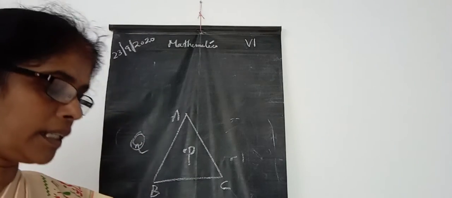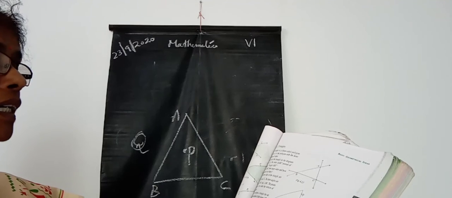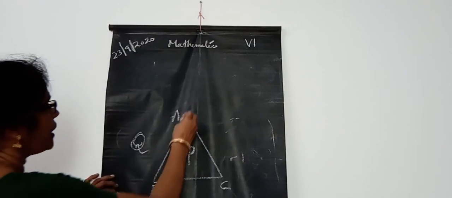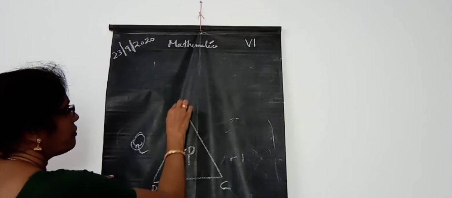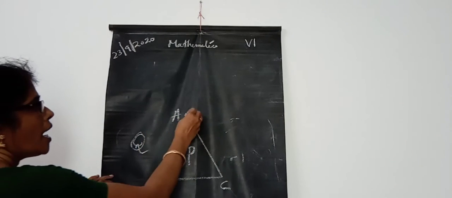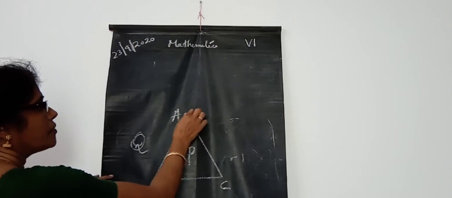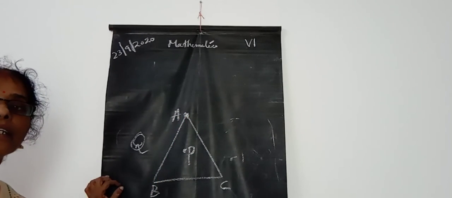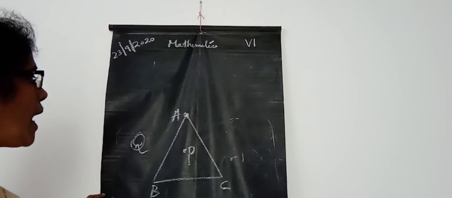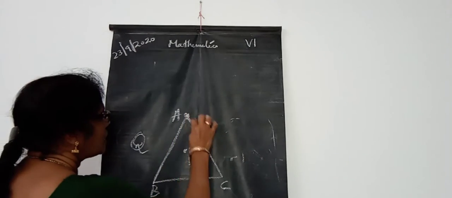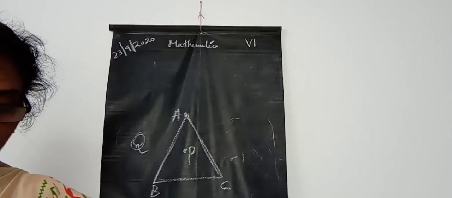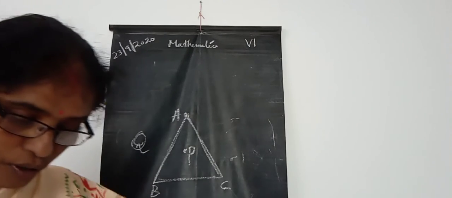And one more question in that. What is the question? Is A in its exterior or in its interior? Where is the point A? The letter is here and point A is here, isn't it? So that means point A is not in the interior and not in the exterior. That is on the triangle. Okay, children, so everyone should study this.